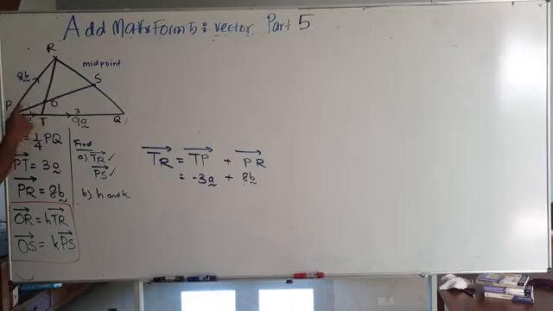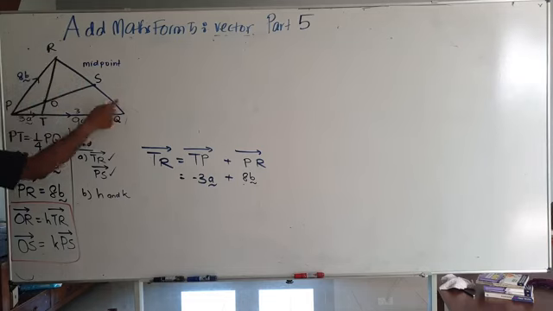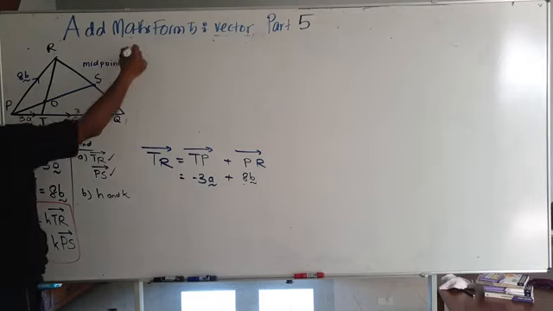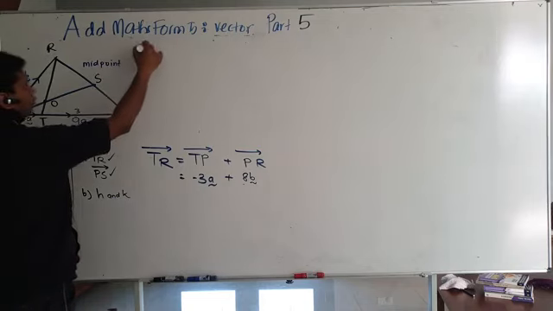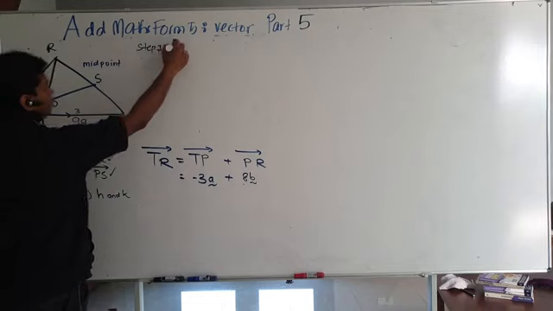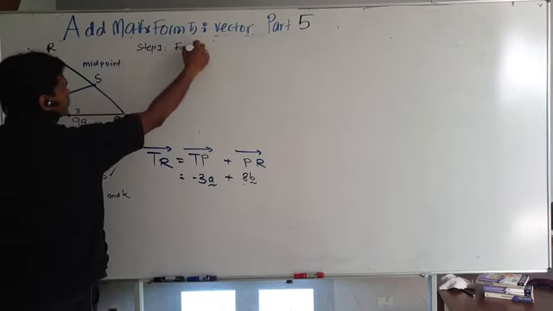I want to find PS. I'm choosing this triangle. But this triangle, this part, we don't know the value. So therefore, we need to find this value first. But this value you can't find, you need to find RQ first. So your step 1 here will be to find RQ. So step 1 here will be, let's find RQ.